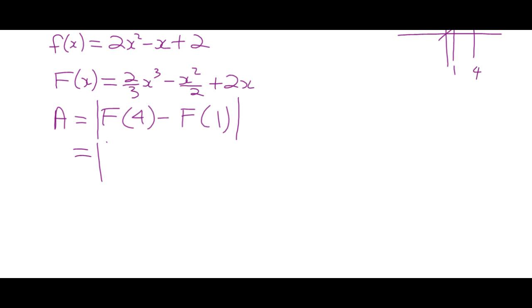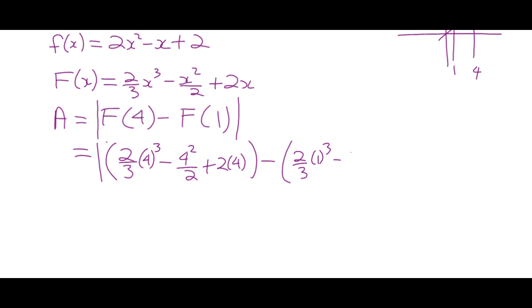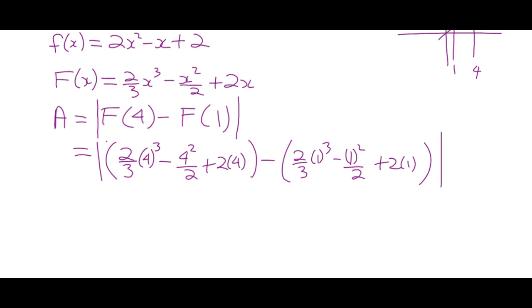Okay, so it's the absolute value of 2/3 times 4 cubed minus 4 squared over 2 plus 2 times 4, minus 2/3 times 1 cubed minus 1 squared over 2 plus 2 times 1, absolute value,